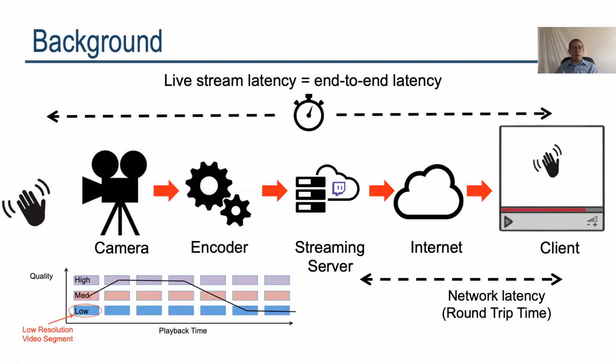While I draw the internet here, it also can exist between any of the other components shown. To load a video, the client periodically requests individual segments of video from a video server. Each segment presents several seconds of video and can be requested to have one of several bit rates. Here we have low, medium, and high. As the video segments are downloaded, they are stored in a playback buffer. As the video is playing, the playback buffer is continuously drained at a fixed rate since users are watching it in real time. But the buffer will be populated at a variable rate depending on the requested bitrate and network conditions.